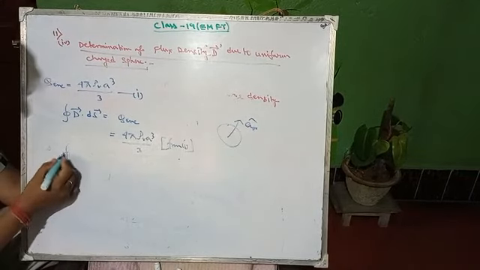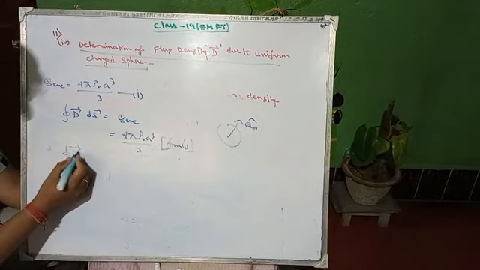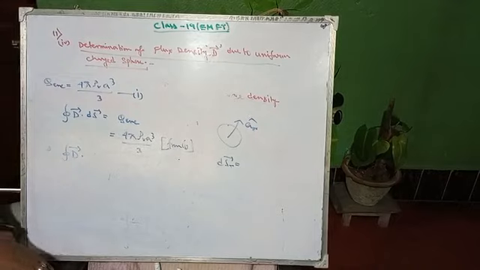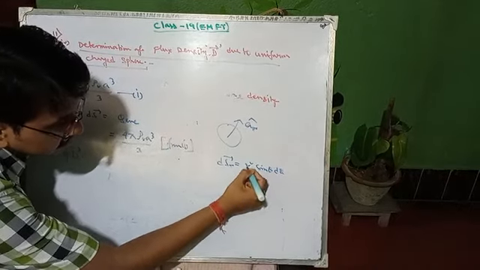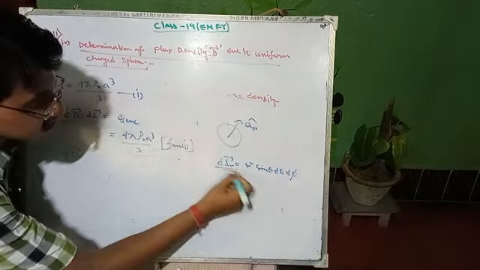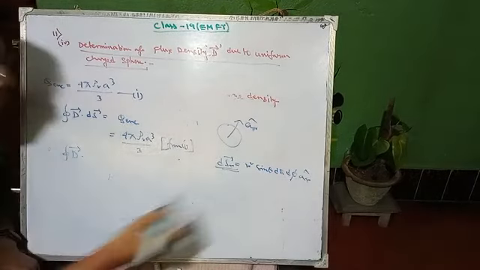Okay, so your answer will be D into dS. Here write dSr equals r squared sin theta d theta d phi, right? So this is your dSr, which will be directed towards a r cap.